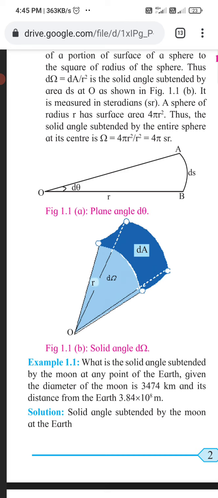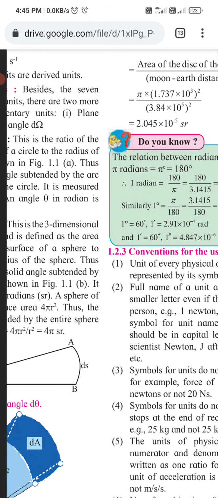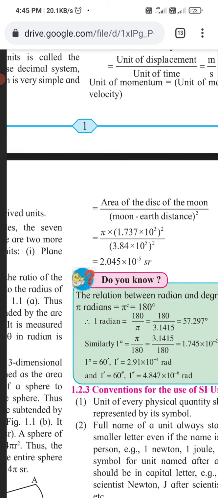Example first: what is the solid angle subtended by the moon at a point on the earth? Given the diameter of the moon is 3474 km, and its distance from the earth is 3.84 into 10 raised to 8 meter. So the solid angle subtended by the moon at the earth is equal to